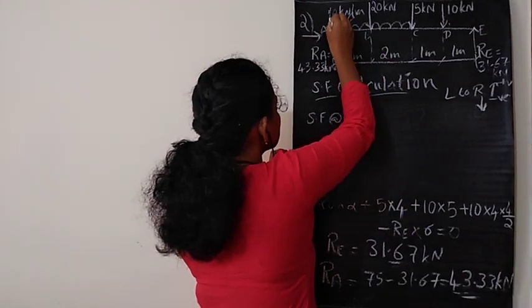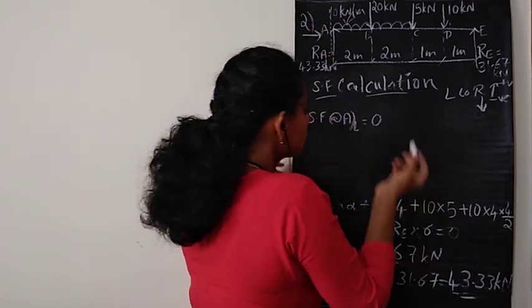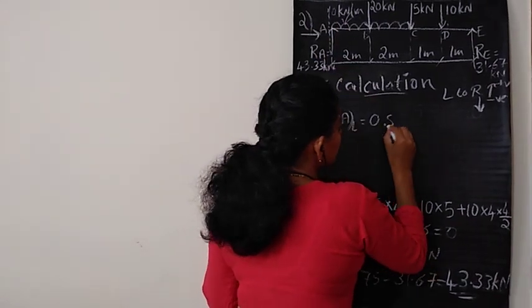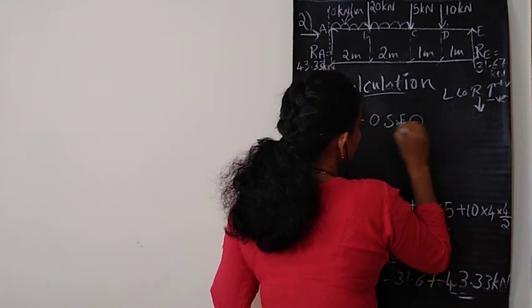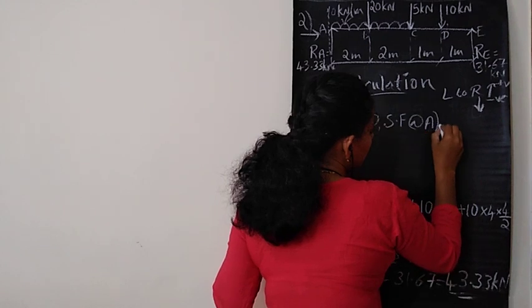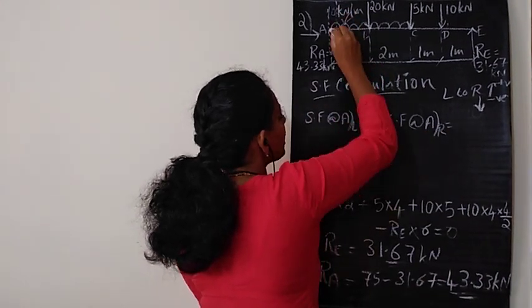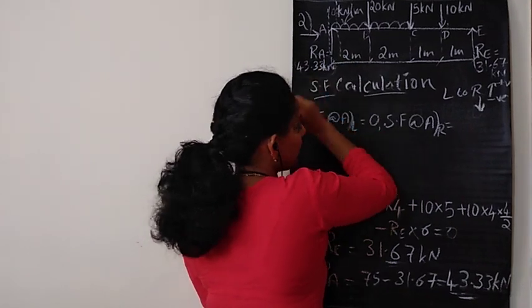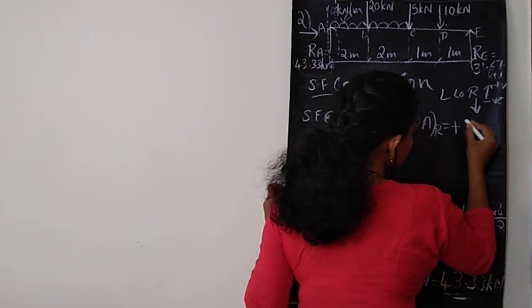Left of A means your section is here, so there are no other forces, so it is 0. Then shear force at right of A: your section will be here, and you have this reaction value upward, so upward according to the sign convention is plus